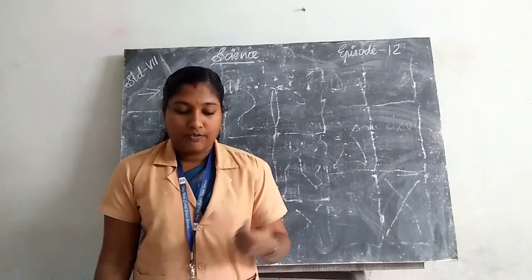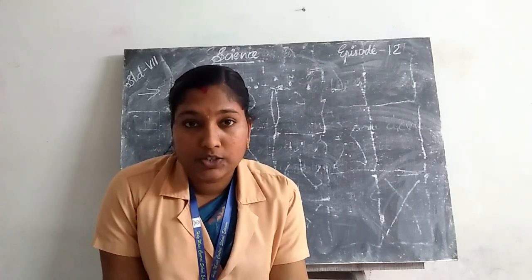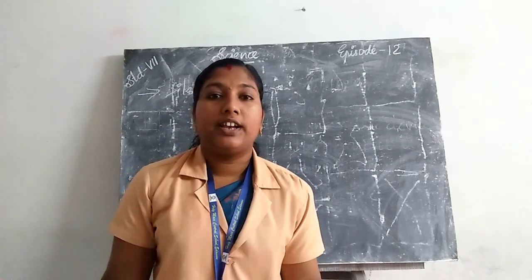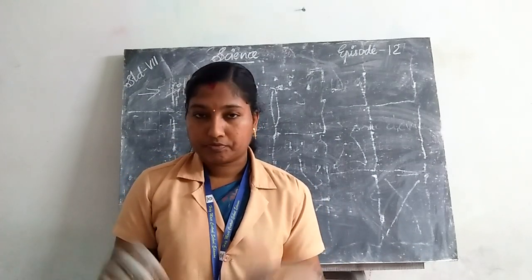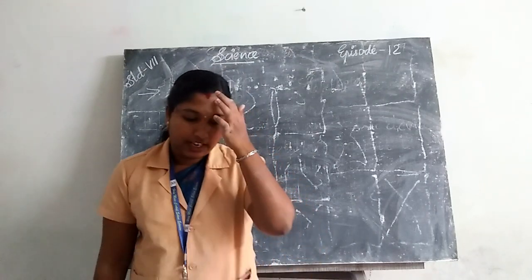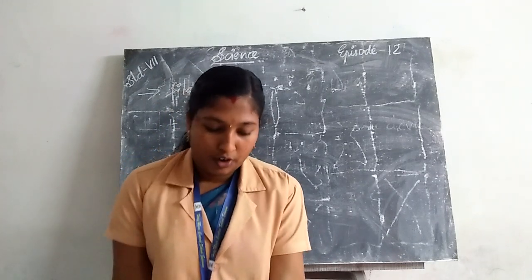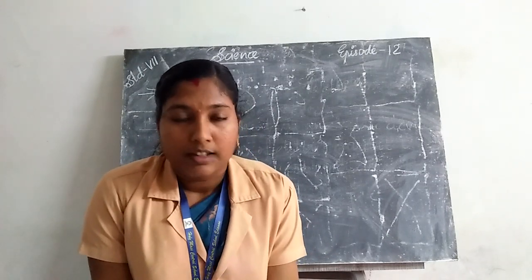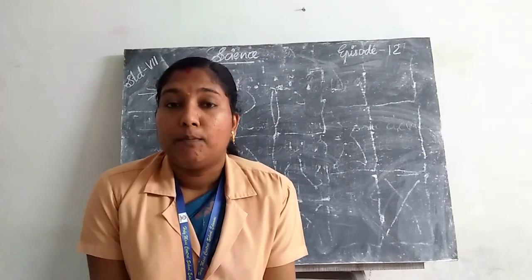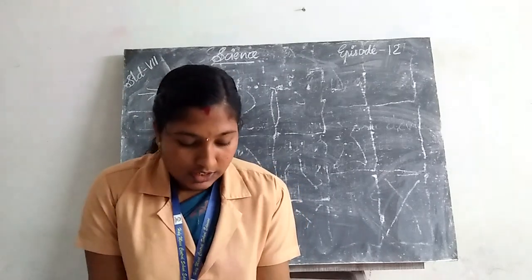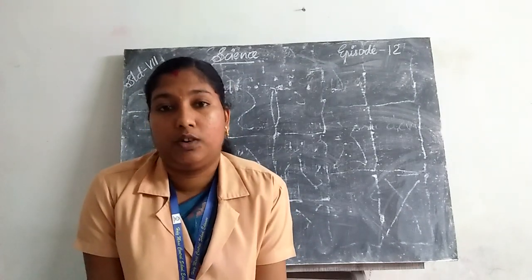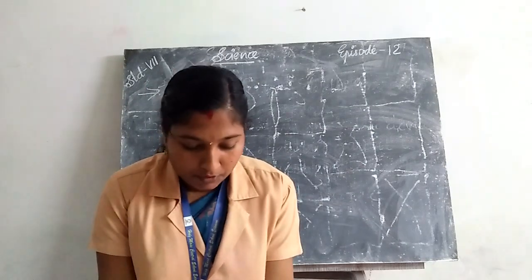Okay. Then the wires used for making circuits. We know what a circuit is. When electrical components are connected with a wire, we get a circuit. The wires used for making electric circuits do not normally become hot. We know that copper wires are used for making circuits. These wires do not become hot.